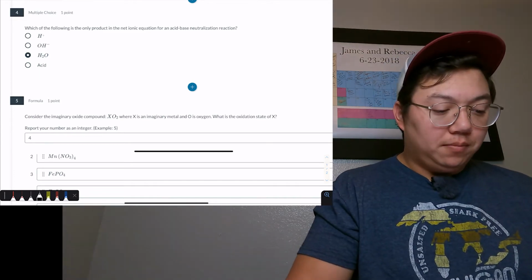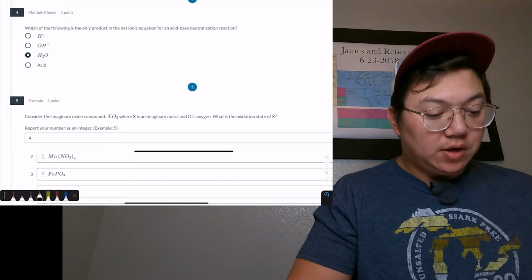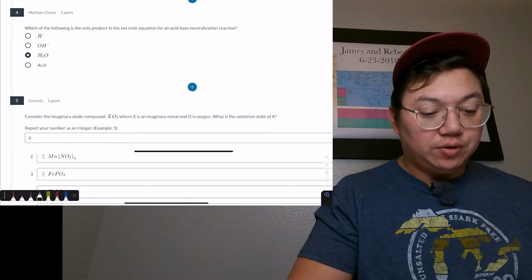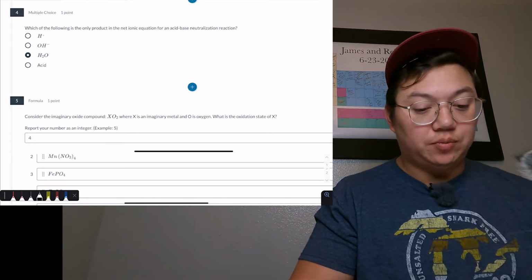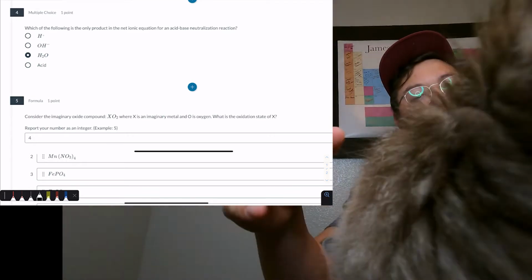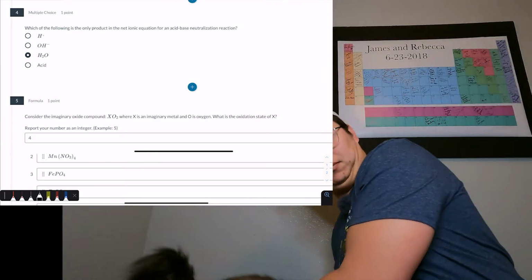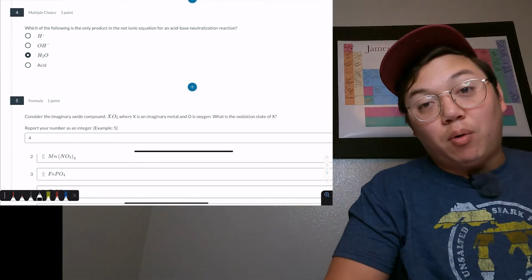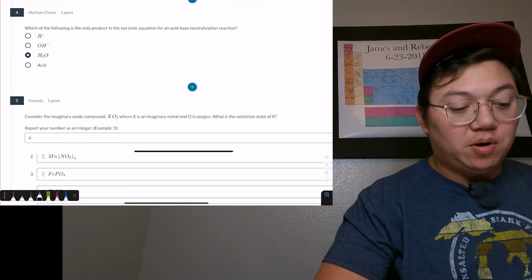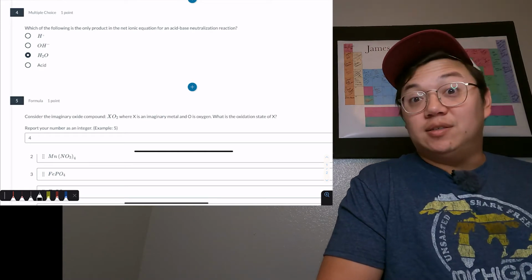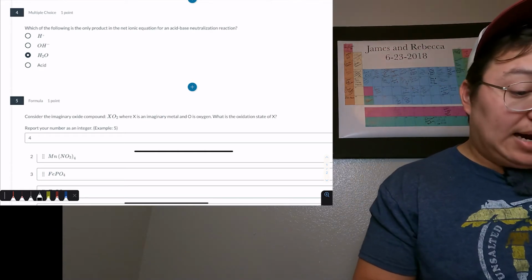So for number 4, we're asked which of the following is the only product in the net ionic equation for an acid-base neutralization reaction. This is where it's really important to know your keywords, because this might be overwhelming if you don't know what these things are. So a net ionic equation